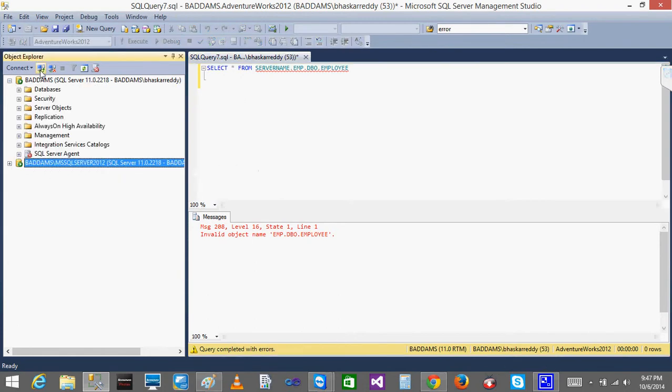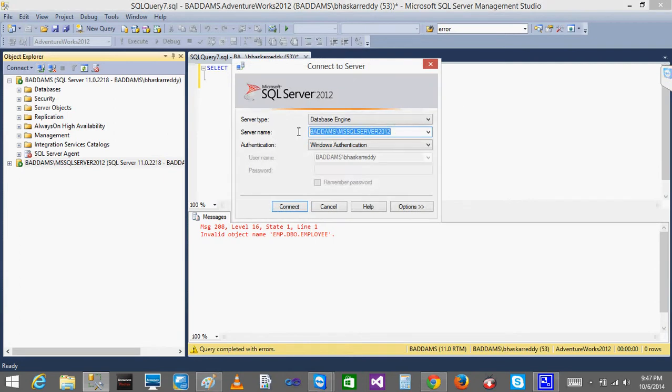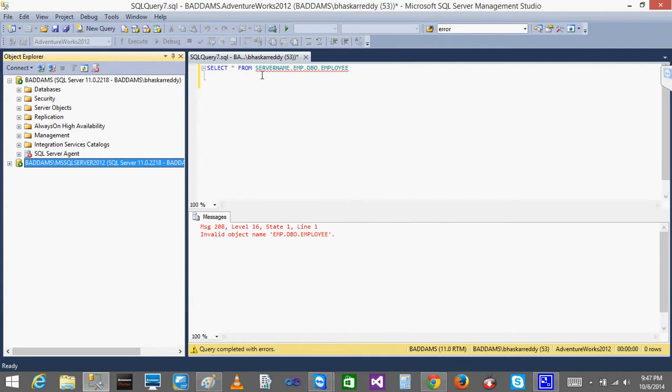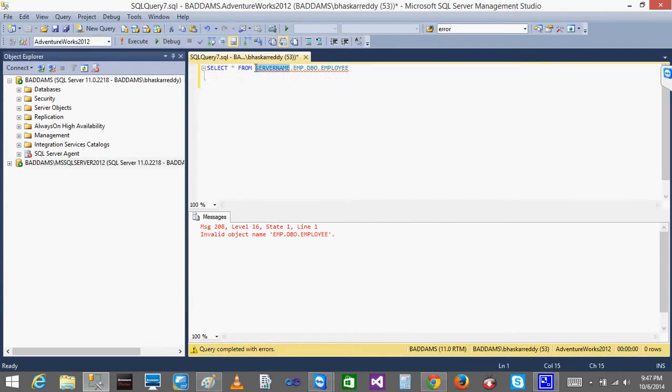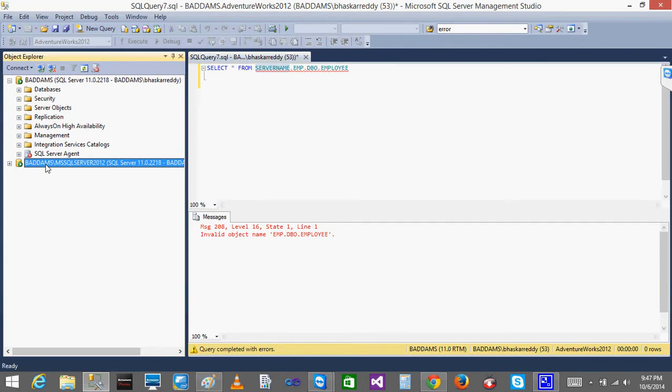So what I will do, I will just go here, I will copy this server name. It's a normal thing, nothing to worry. For the database I have called directly by giving the database name, but for the server name you can't call directly because you need to provide access to this server. How to provide access? I am calling this server from this database, right? So I need to add that server in my database.